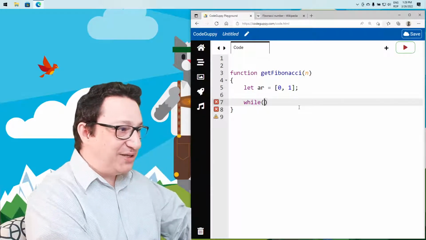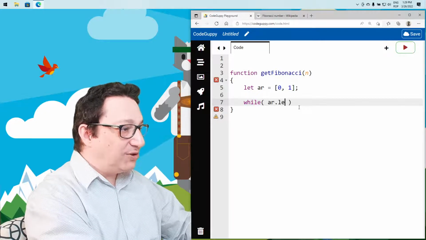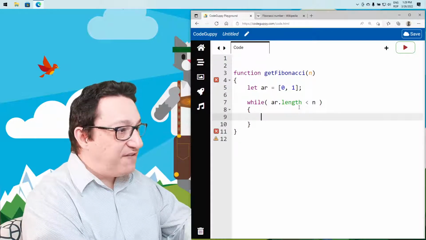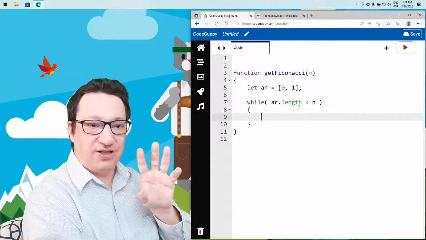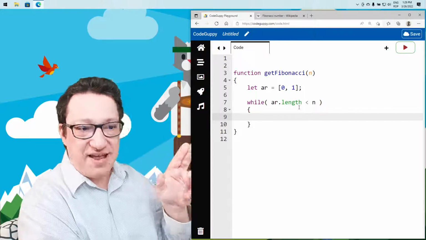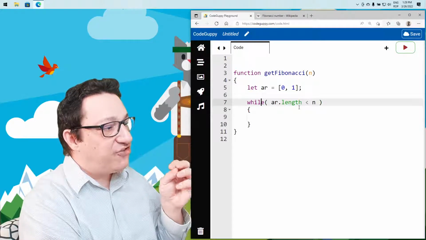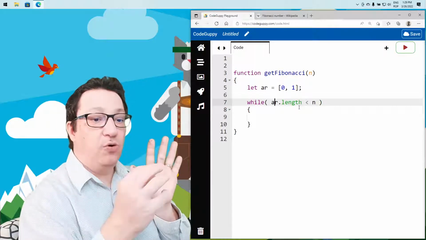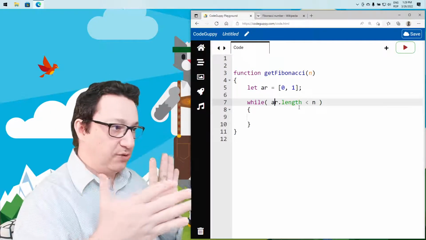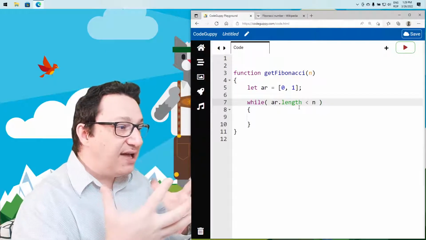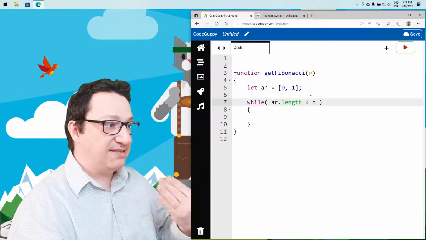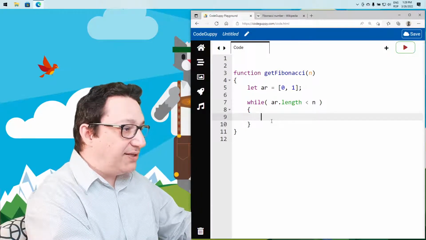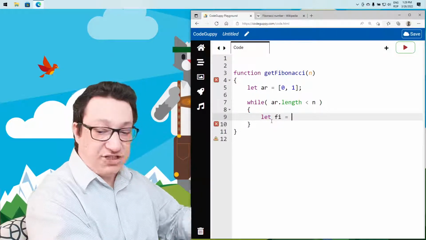and we're gonna do it a little bit differently. While ar.length is less than n, we are not having that variable that we used before, an i variable incremented inside. We're actually looking inside the condition at the length of the array, because we'll always push numbers to the array, so it will grow. So we can check, as long as the array length is less than n, basically how many numbers we plan to put inside the array, we can calculate a particular number, for instance Fibonacci of i,